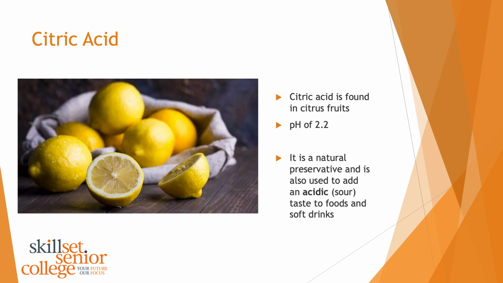Other acids that we are talking about that come naturally, that are less harmful than hydrochloric, is citric acid. Citric acid you've probably heard of before if you think of citrus fruits, and it has a pH of around 2.2, and it's a natural preservative and is also added to a lot of foods. If you look at any soft drinks, anything that's quite sweet, you will often find on the label that citric acid has been added to enhance the flavour, and not only to enhance the flavour but allow the product to last longer.